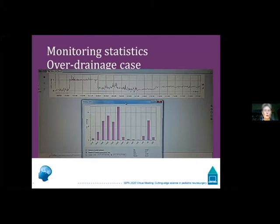This is just a short screenshot showing what it might look like. There's a tracing above, which is just a trend tracing, giving you no pulse wave details. But the interesting part is the one below, which is a distribution of ICP values over 24 or 48 hours. And you can see a bimodal pattern with a daytime hump and a nighttime hump, and this is